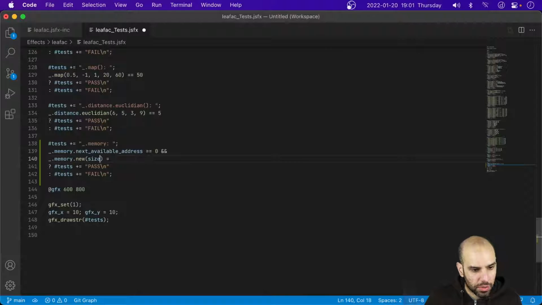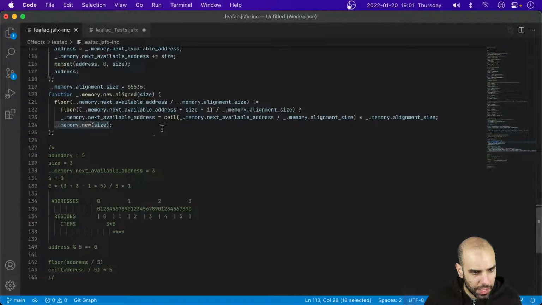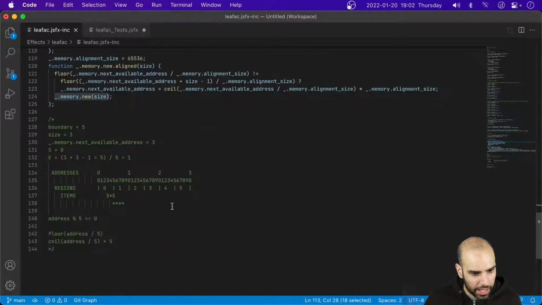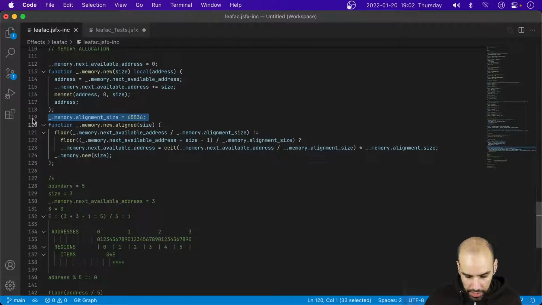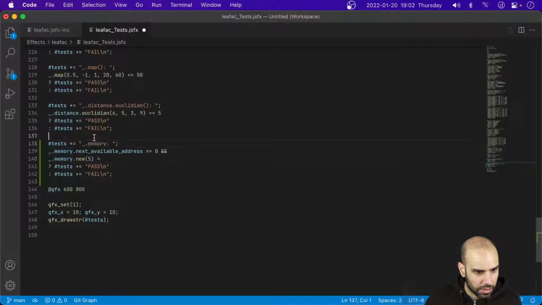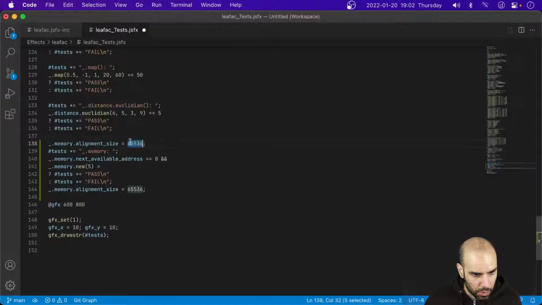So if I try to allocate 5 positions, well, I really want this boundary to be 5 so that I can work with these examples. So I guess that's what I'm going to do. I am going to set the memory alignment to be 5 real quick. And then I'm going to reset it after the test. Right, so if I allocate 5 places in memory,